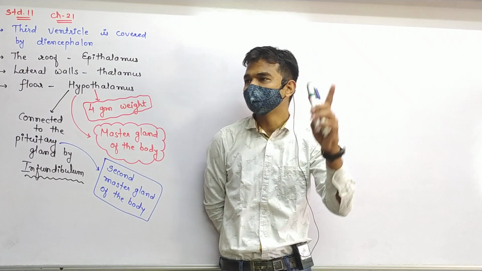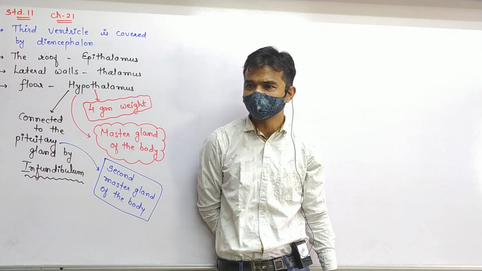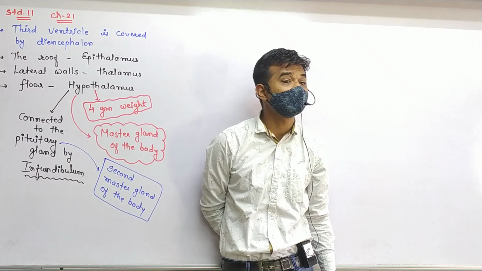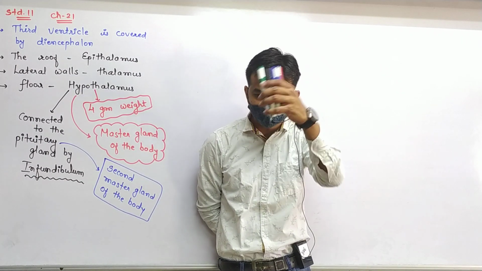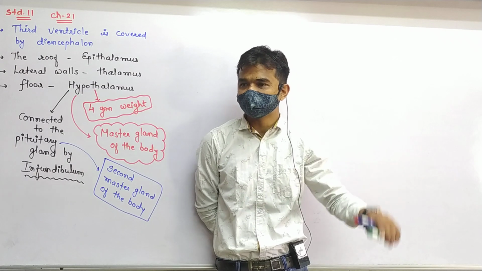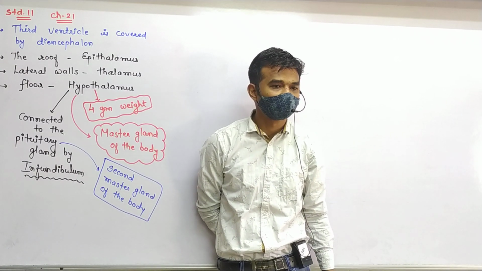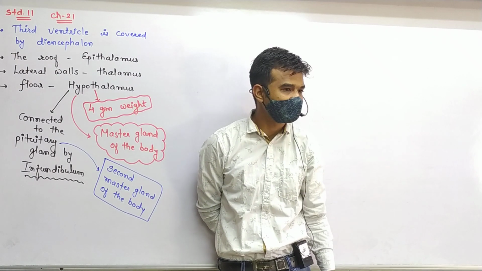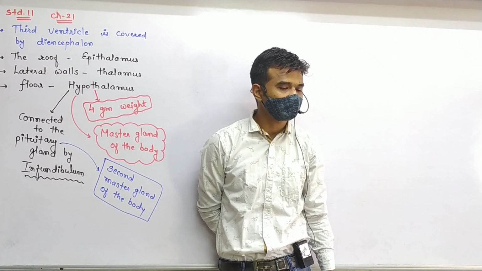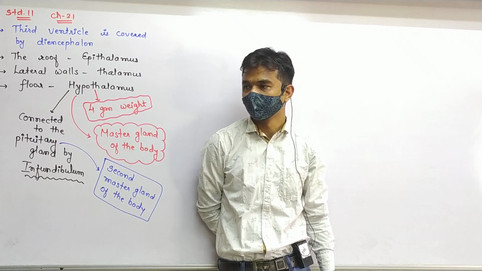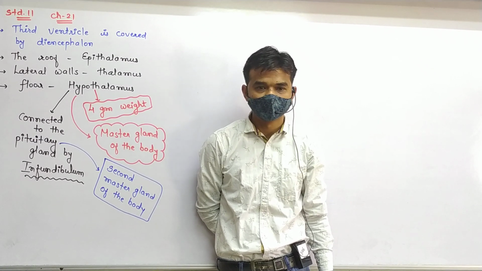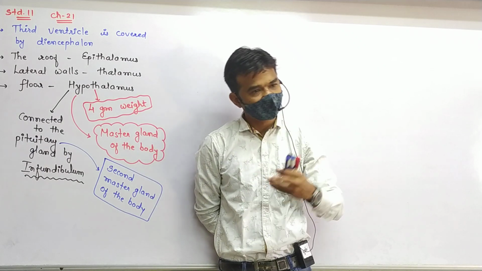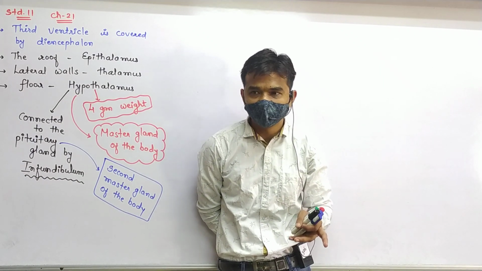And the pineal gland controls the 24-hour activities of our body, and that's why it is known as the biological clock. Read the sentences carefully. I have already explained to you the sleep-awake cycle, menstrual cycle, defense mechanism, everything is given there. Clear? So the pineal gland is here, hypothalamus is here, thalamus is here, fine.